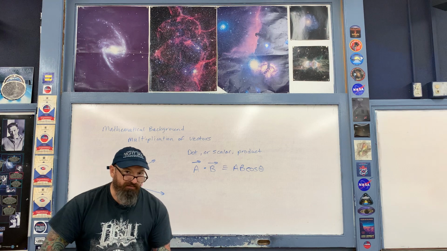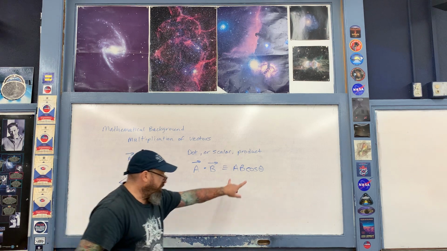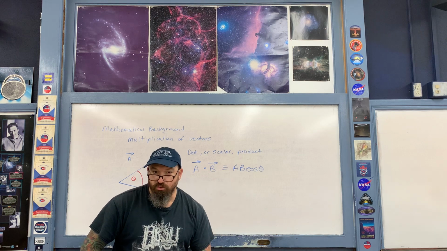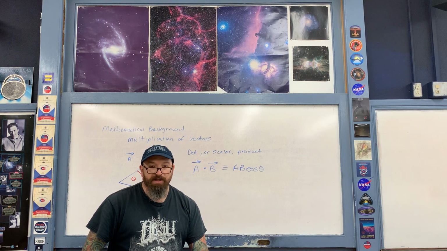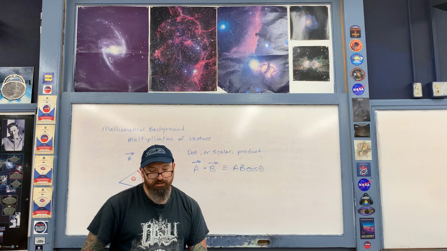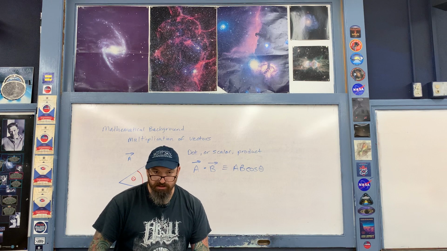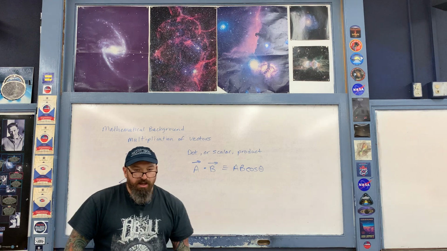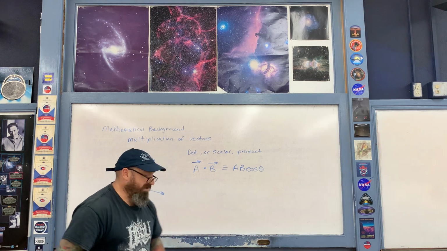When we multiply the vectors together in this manner, we end up with a scalar. It's either a positive number or a negative number. There's no direction associated with it, however, and this is then why it's also sometimes referred to as the scalar product. Okay, now exactly what is being multiplied together here? You can think of it two different ways. For example,